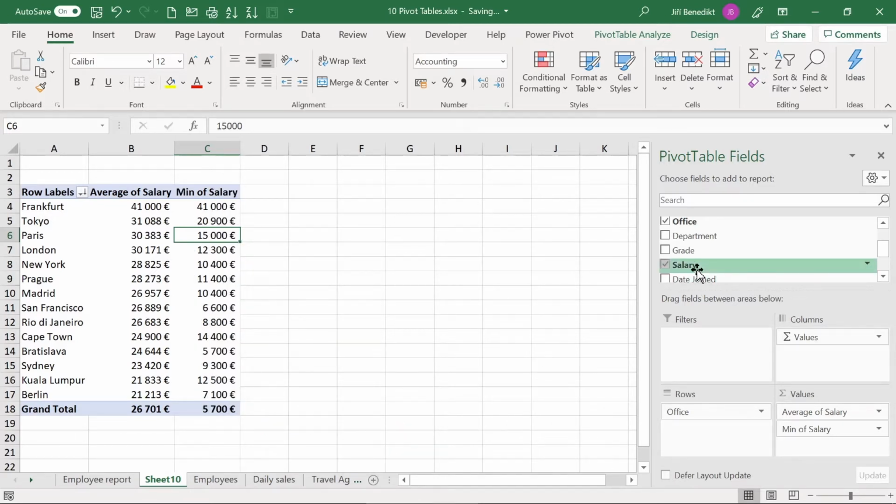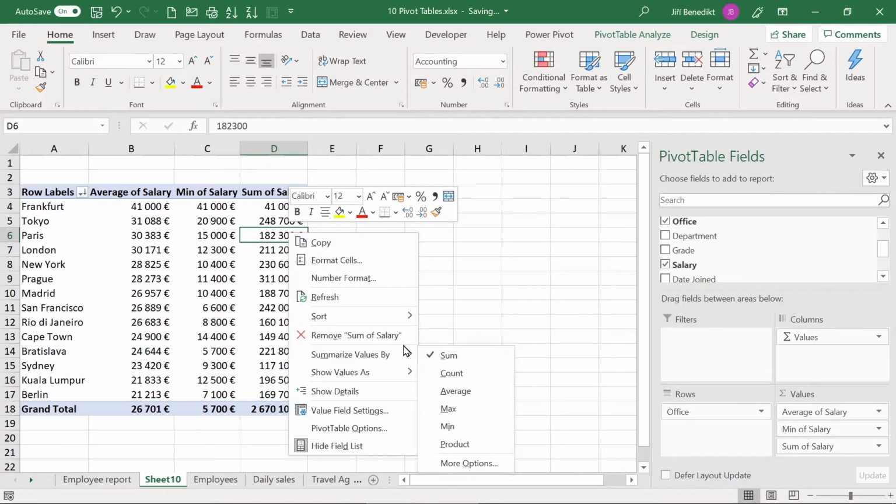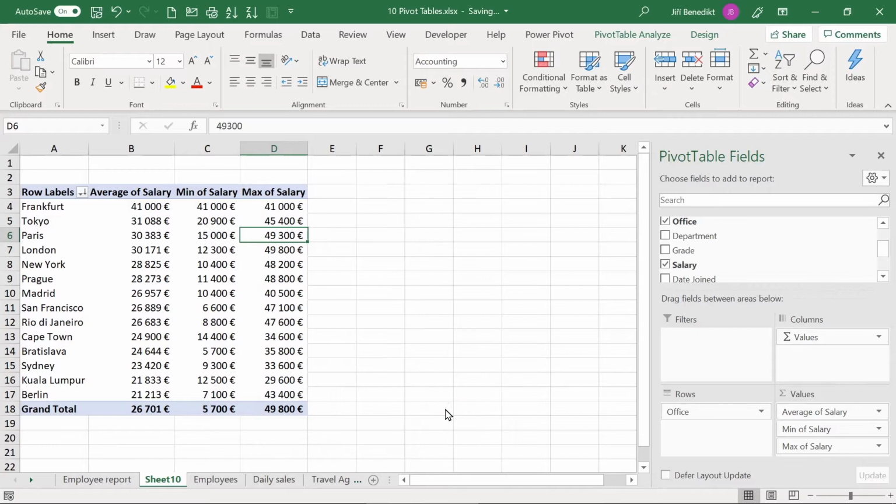I drag the salary once again, and I would like to right click it once again, summarize values by maximum, so there will be the maximum salary. Nice. And I'll still put it once again for the sum of salary,